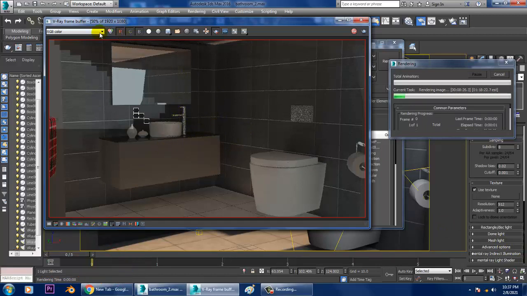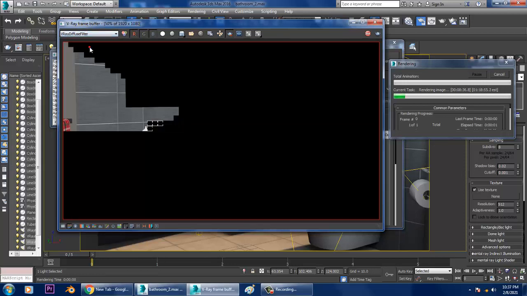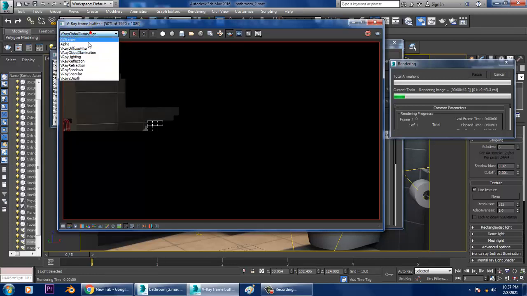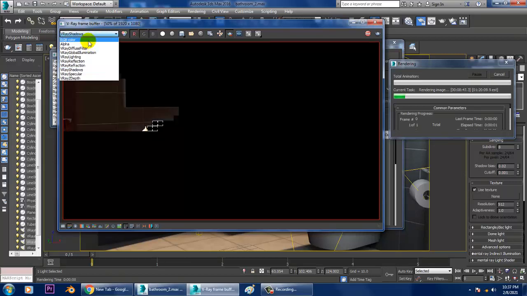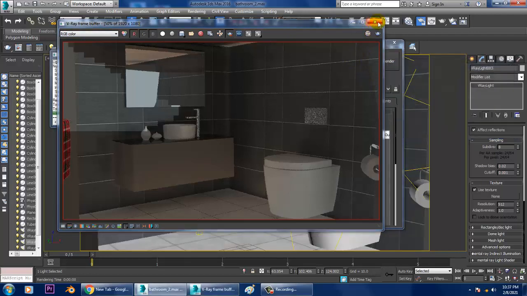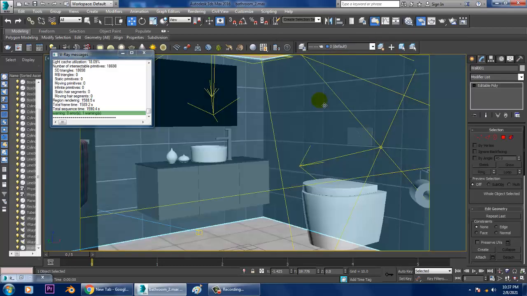We'll also be generating the ambient occlusion, and we'll save all these passes. If you go over here, you will see that all these different passes will be executed. We'll come to that. So as you understood, this is how we have generated and added all these passes into the render elements. Thanks for watching this tutorial.